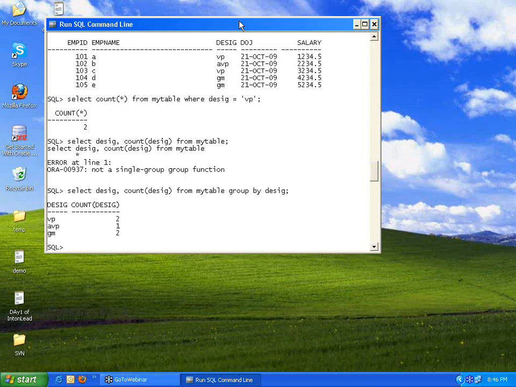If you take the select statement, it has from, it has where, it has group by, it has order by, ascending or descending. Now I want to group based on the designation where the count of the designation is more than 1. For example, here AVP is 1.